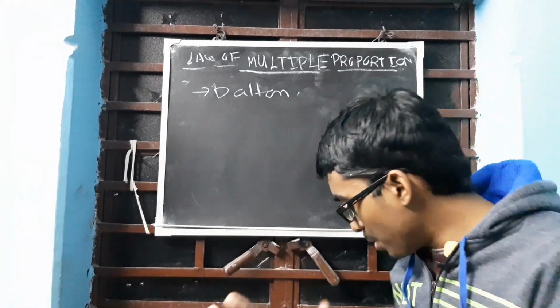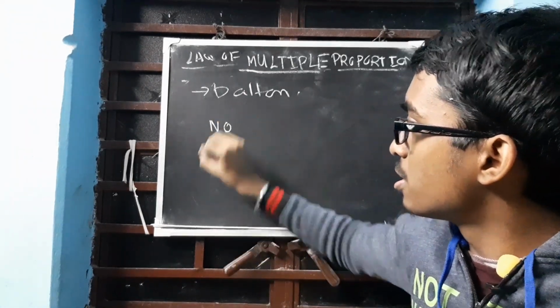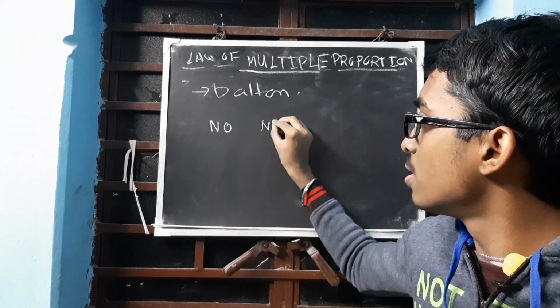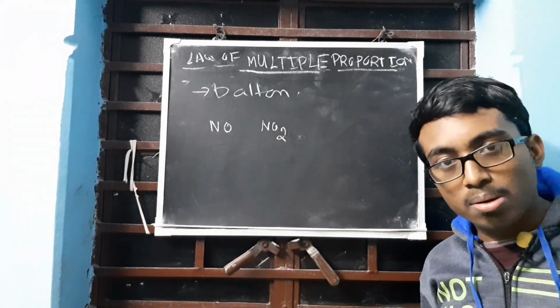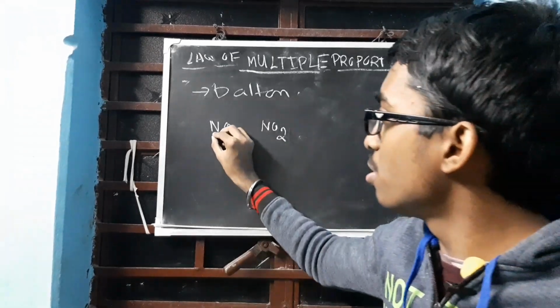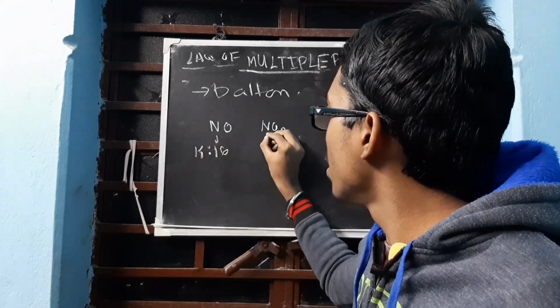Clear? Did not understand? Let's explain. Suppose you have this and you have this. Same compound? No, the compound is different. Here the ratio is 14:16. Here the ratio is